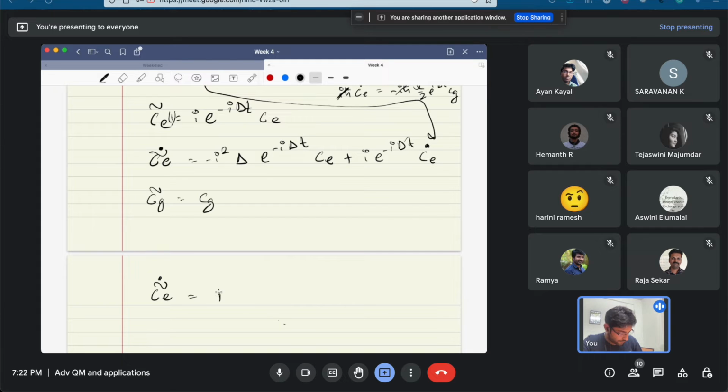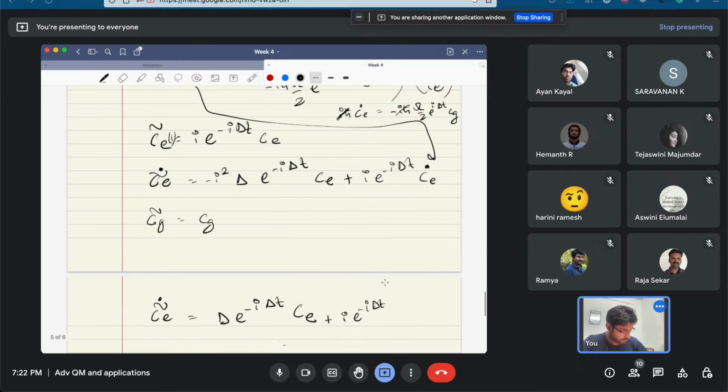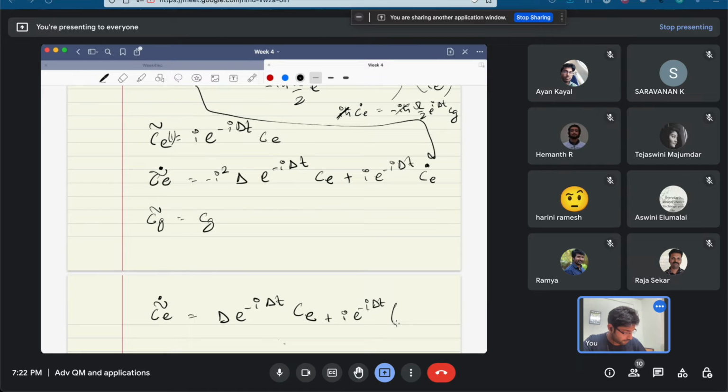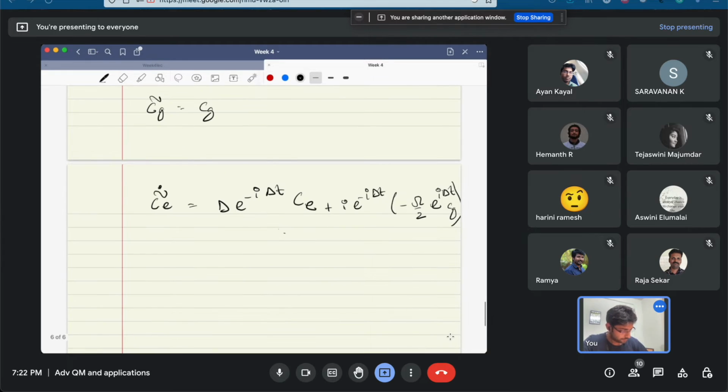So we have delta CE, and we substitute minus omega by 2 delta t CG. So this part gets cancelled out, and we are left with